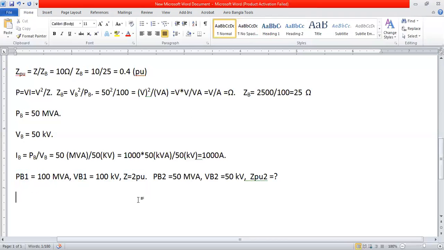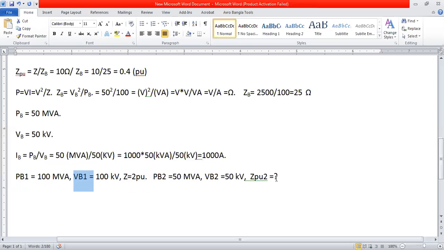ইউজ করব। তাহলে আমি আবারও বলি, আমাদেরকে মনে রাখতে হবে নতুন ইকুয়েশনটার জন্য আমাকে কোশ্চেনে একটা পার ইউনিট ইম্পিডেন্স বা রেজিস্ট্যান্সের ভ্যালু দেওয়া থাকবে, এবং এই পার ইউনিট ভ্যালুটা কোন বেস পাওয়ার এবং কোন বেস ভোল্টেজের জন্য হয়েছে সেটাও দেওয়া থাকবে, এবং এই বেস পাওয়ারটা এবং এই বেস ভোল্টেজটাকে আমরা ধরবো ওল্ড।